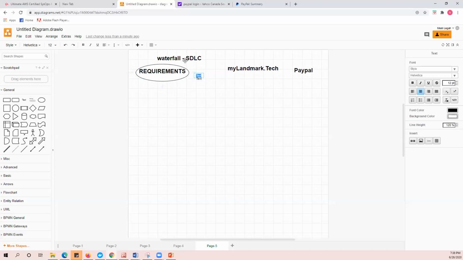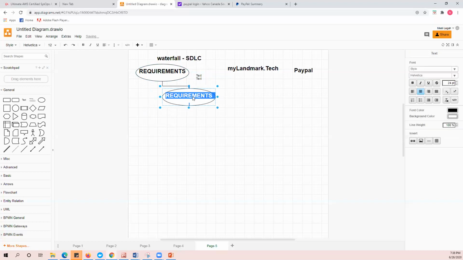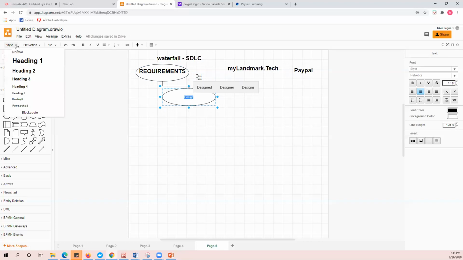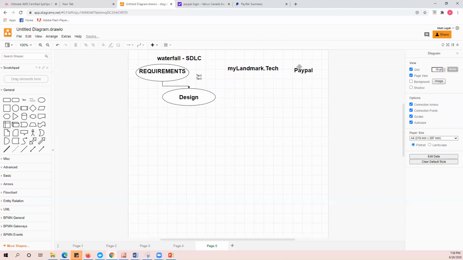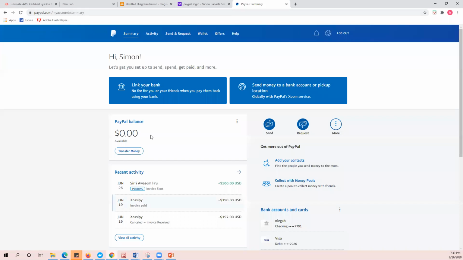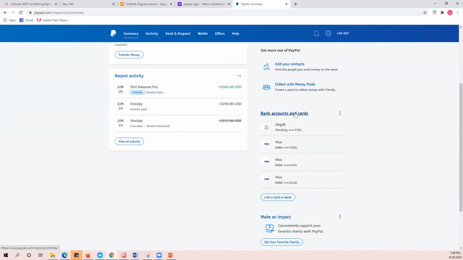Now, in this same waterfall approach, once we have that, what do we do next? We move to the next phase, which is the designing phase. We have gathered requirements and spoken with our client. PayPal has informed us to design an application that will enable a client, with one click, to connect their PayPal account with their bank. If you look at this account, you see the bank account and card, right? So what can I do so that with one click,